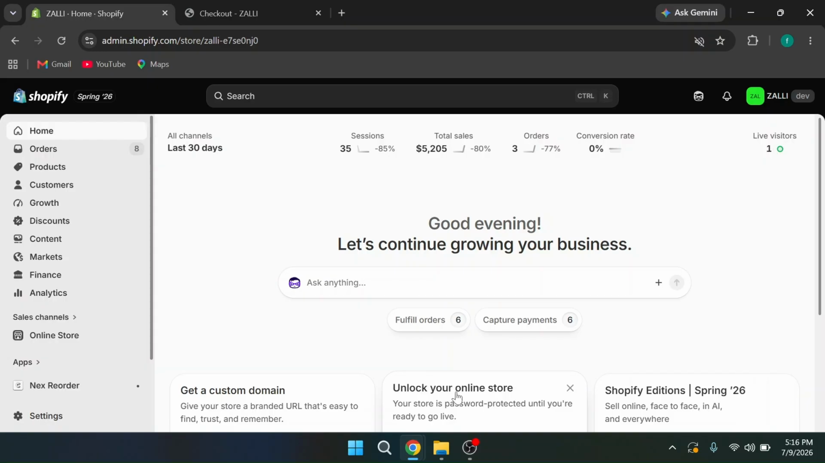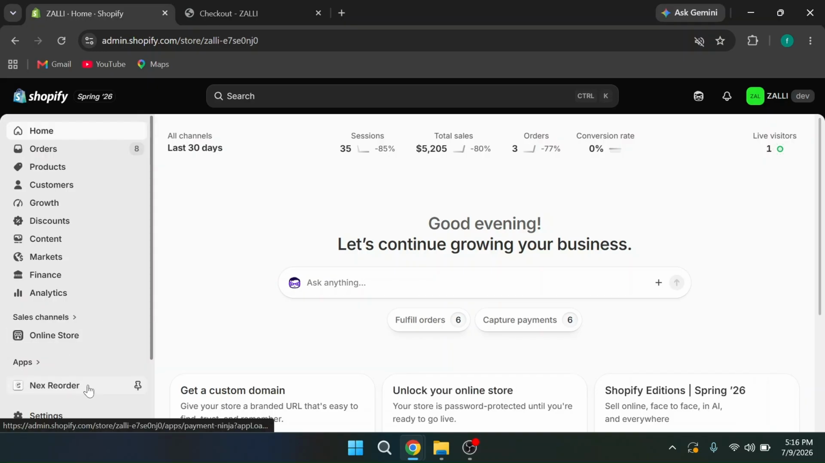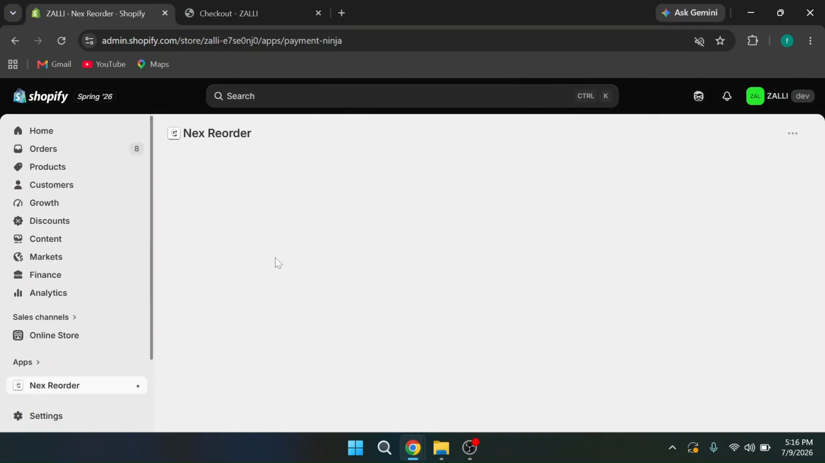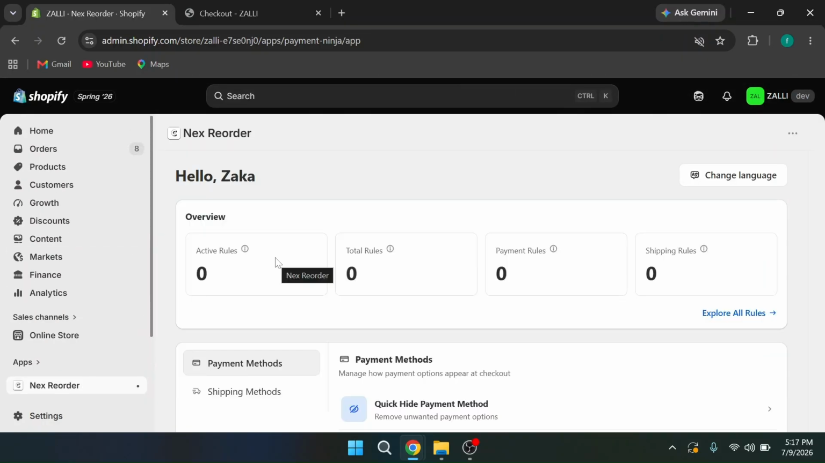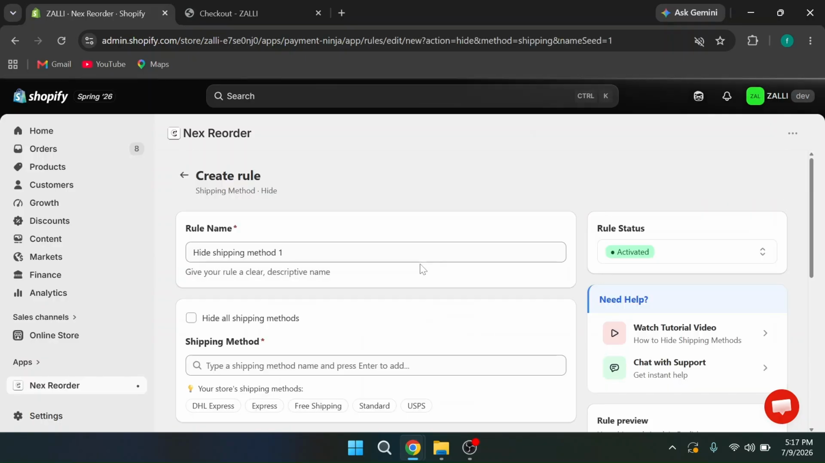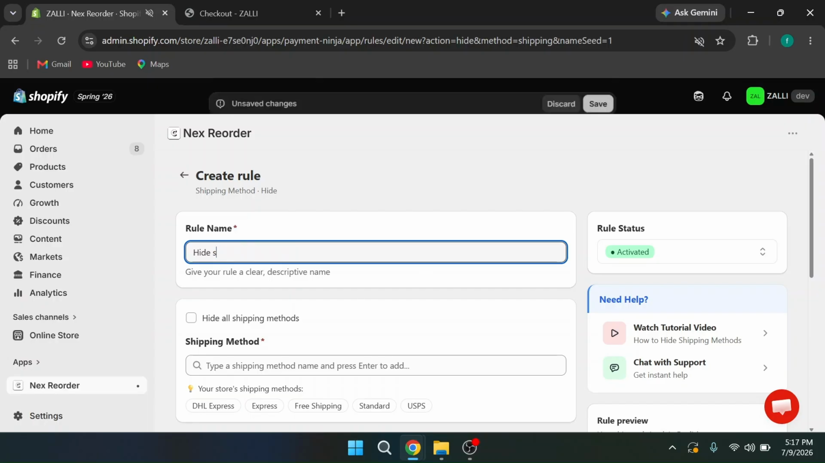Let's get started. First, we can go to the app section. Here we can click on Next Reorder app. To open hide shipping method, we can select the shipping method, and here we can click on quick hide shipping method. So to configure the rule, we can give the rule name as hide